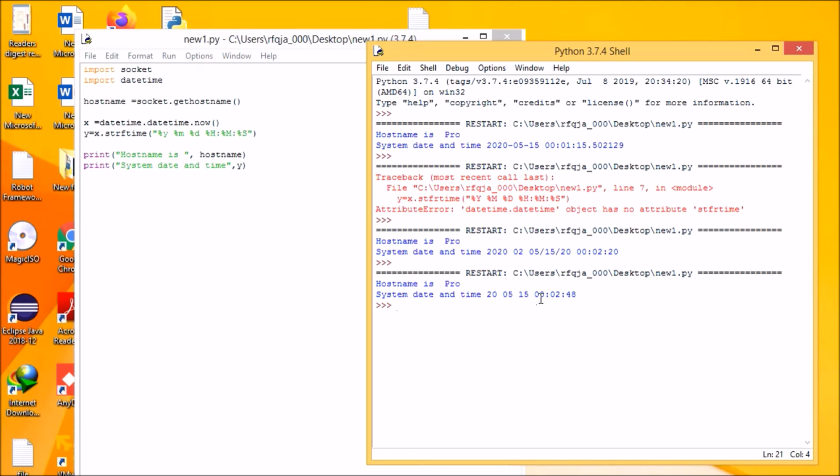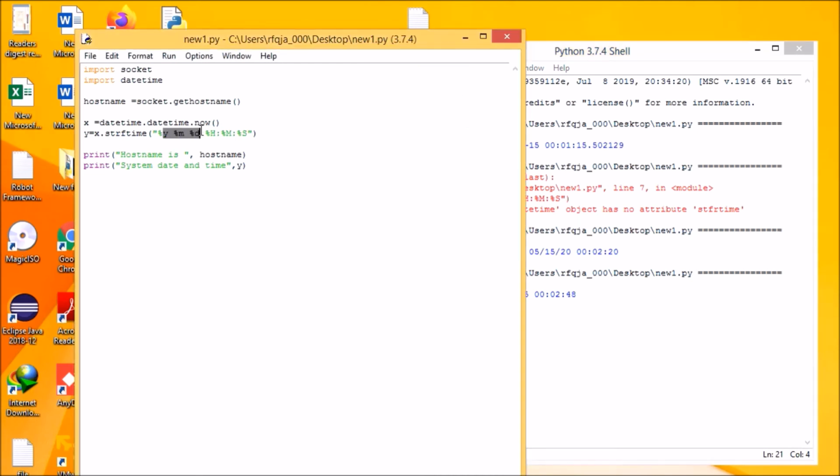we have the time in hour, minute, second, and we don't have the microsecond part here. So this is how the format is. Make sure, guys, you have year, month, date, YMD, in smaller letters, and for hour, minute, second, it should be in capital. I hope you have understood how we can fetch the host name and the date and time using